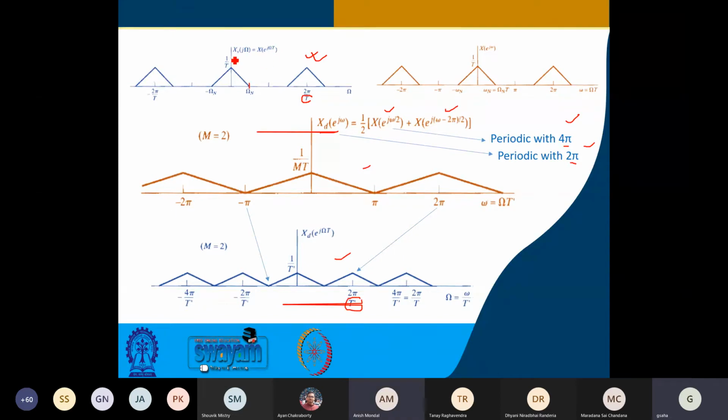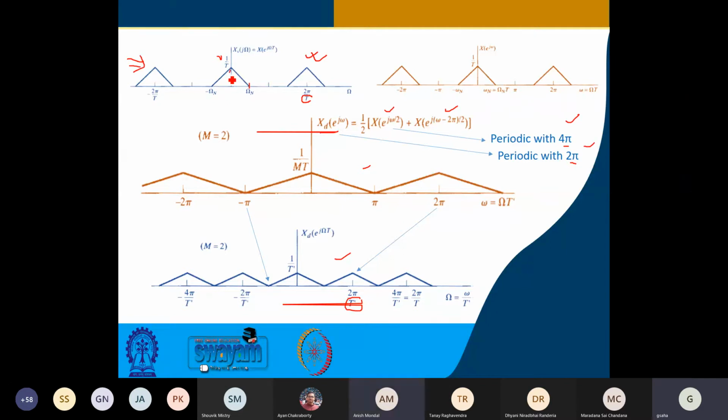Sir, and of course, this is 1 upon T, and we expect 1 upon T prime also, if we are doing a normal resampling route, and this is 1 upon MT. So basically that way also it matches when aliasing is not there. Sir, for M is equal to 2, as it is just touching when downsampled, right, for any higher there will be aliasing, right? Yeah, in this case, if this is your original thing, there will be aliasing.